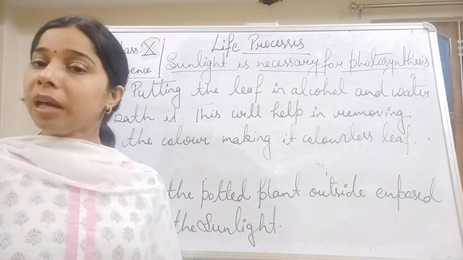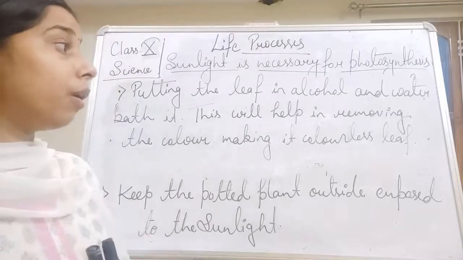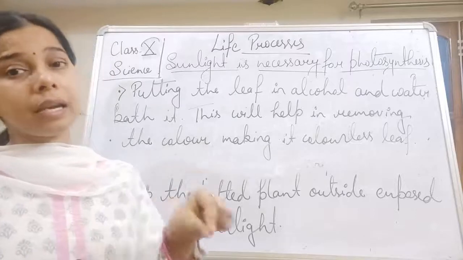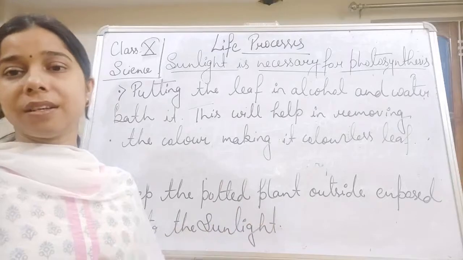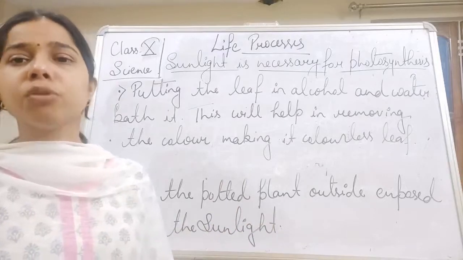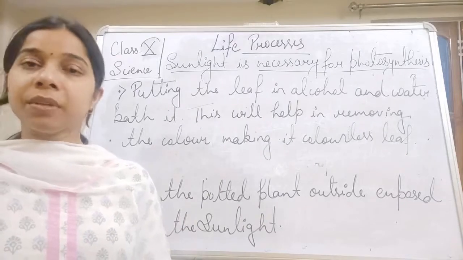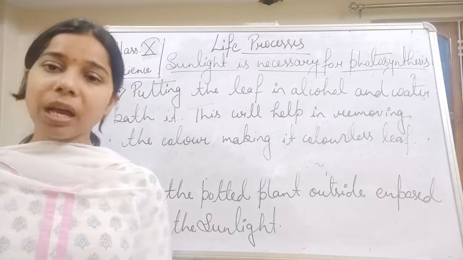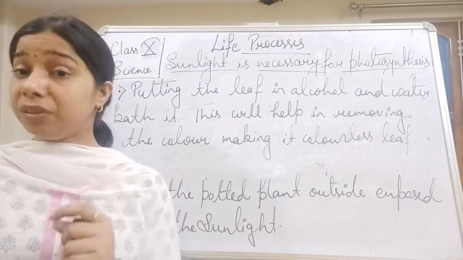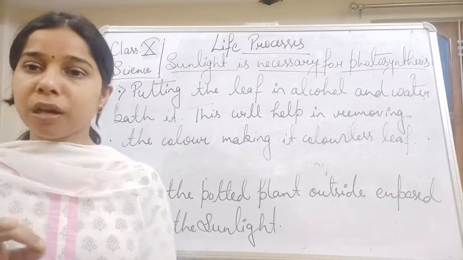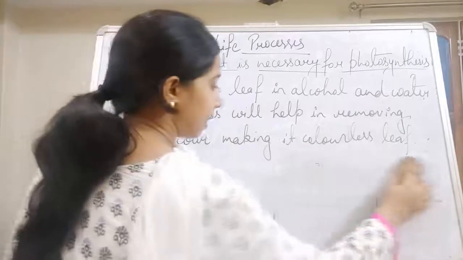Okay, so we had given a water bath to the leaf by keeping it in the alcohol. Now what we will do, student, we will take out the leaf from the alcohol. Now it is a colorless leaf, and again we keep it in boiling water in order to remove the extra alcohol and make it softer. Okay, now we have taken out that particular leaf from the water, and now this time it is ready for the iodine test. So what we will do here, we will take that particular leaf,